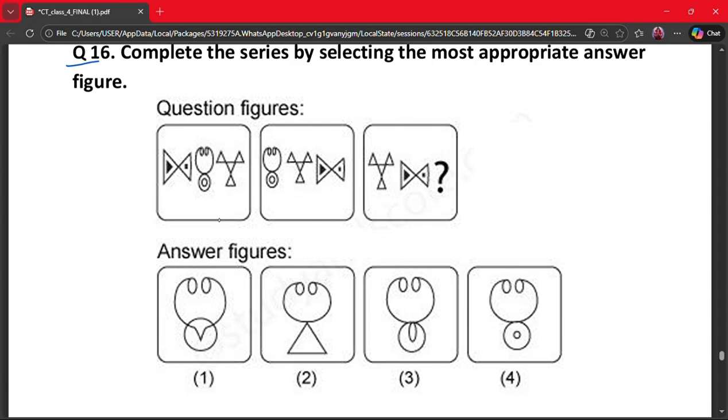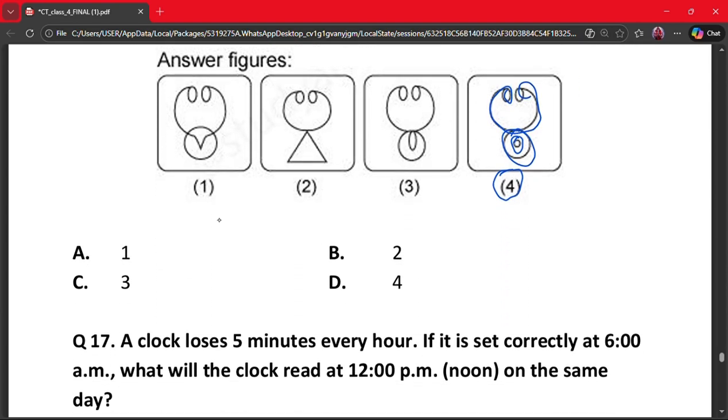So in the first one, we can see there are 3 things. In the second one, yes, they are twisted. So what will come here? We need a pattern which is related to this one. So it has a circle and a circle inside it and something like this. So where can we see this pattern? It is in the fourth one. We can see a circle and a smaller circle inside it and a pattern like this. So our correct answer is the fourth one, and the fourth one is in option D. So our correct answer is option D.